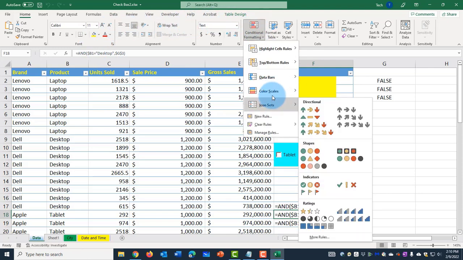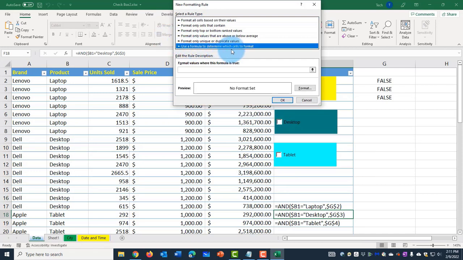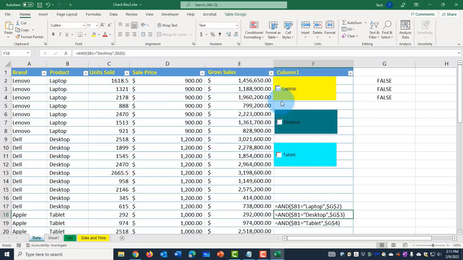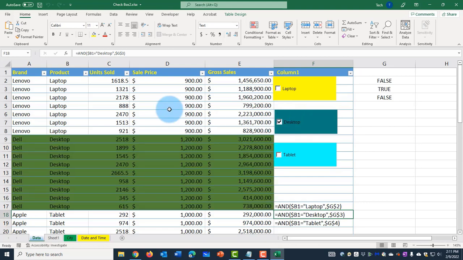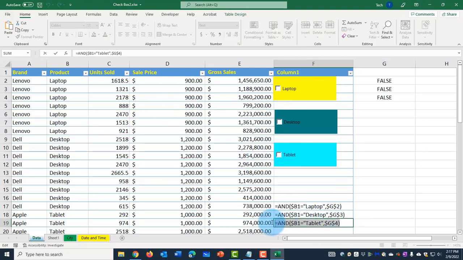So now for the desktop, I'm just going to highlight this, Control C, copy, hit escape, click on conditional formatting, new rule, use a formula to determine which cells to format, Control V, click on format, select the color, click OK, click OK. And now when I select desktop,